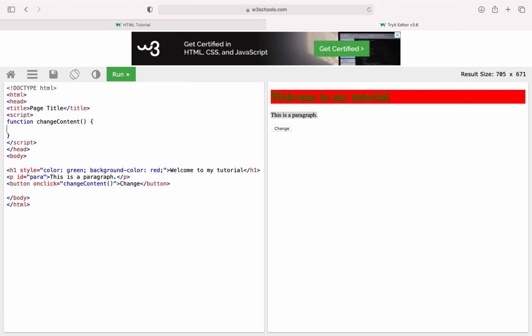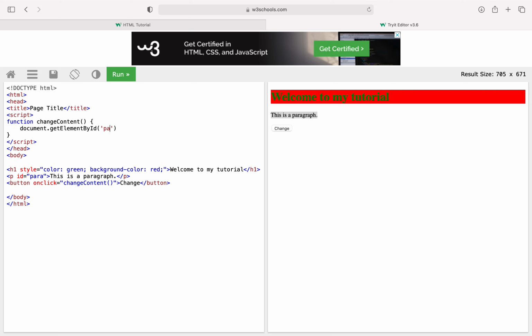Inside this we will write whatever logic we want. Now I want to change the content of this element. First we need to get this element using its ID, like document.getElementById of whatever ID we gave here, para we gave, no?